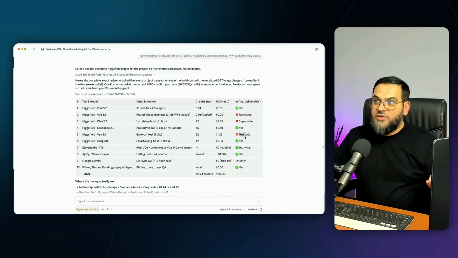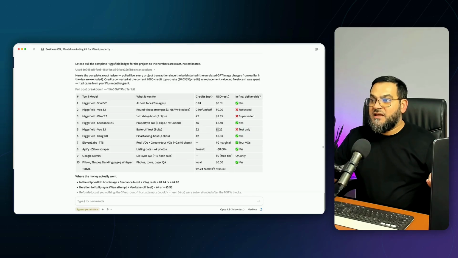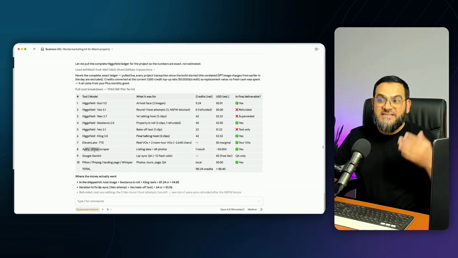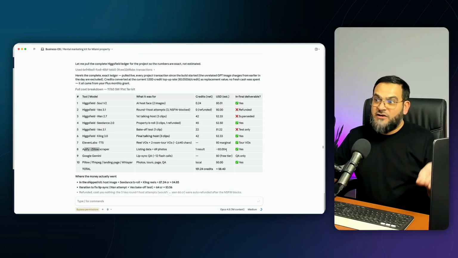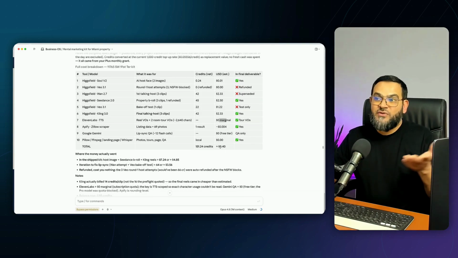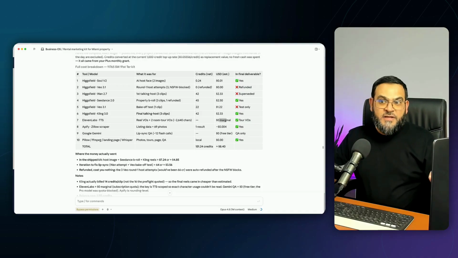Here was a test only, but it still cost me. And in total, it cost me $8.40. That's including the Apify scraper, which was just 0.04 cents. And 11 Labs was free. The voiceover that it created was free. I didn't even have to pay for that, right? Because it was minimal. Here it used Pillow FF